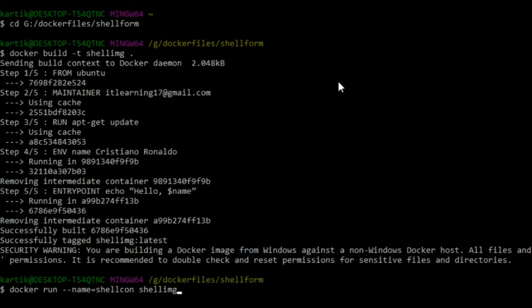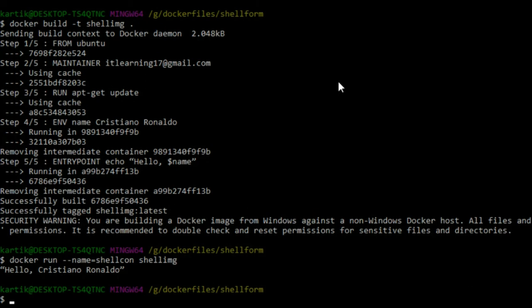So now let us press enter to execute this command. And here we can see friends, the Docker container got executed successfully. And here we can see that we got the desired output as expected. That is, the variable name got substituted by its value. And so this means that the shell processing happens in case of executing the commands in shell form.